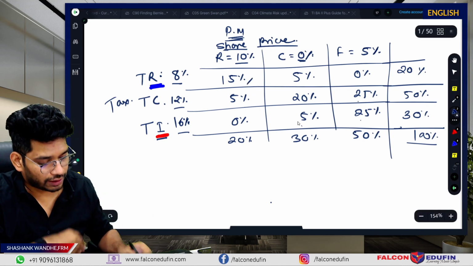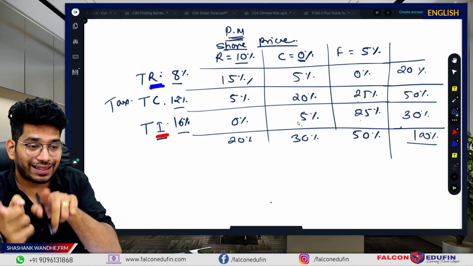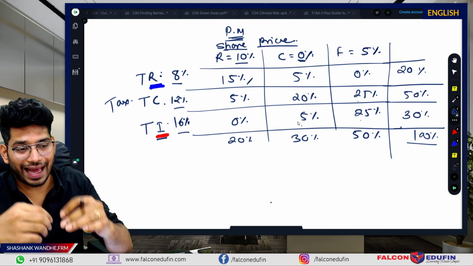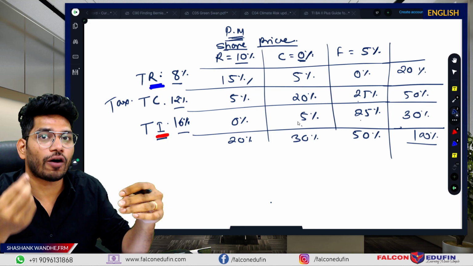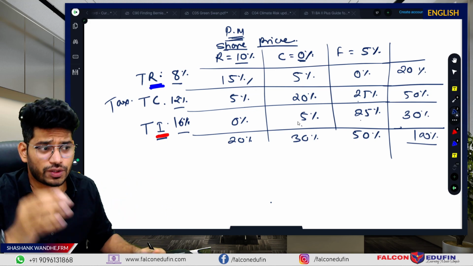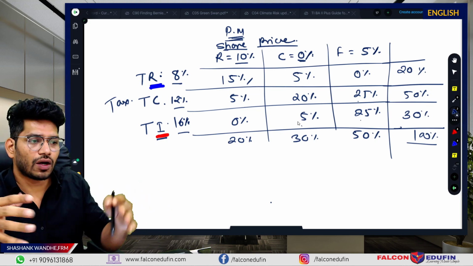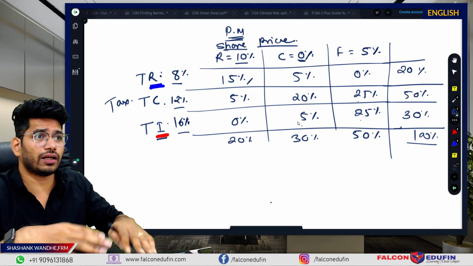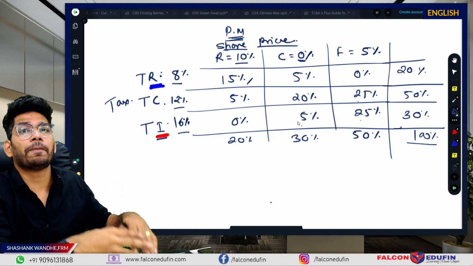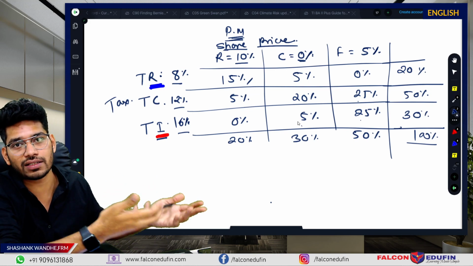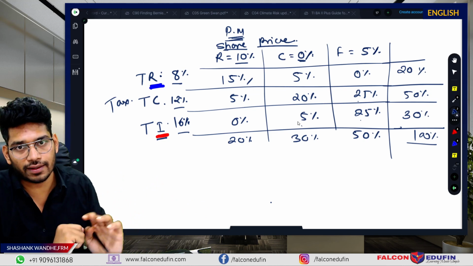This 15% indicates the probability of tax reduction. So tax is reduced and the share price will rise. This is very obvious. If the taxes are reduced, then automatically the share price should increase because the company will get the benefit of those tax reductions. Automatically, if the taxes are reduced, then the prices might get lowered. If prices are lowered, then it might impact the sales, and increased sales will result in additional profit, and based on that the share price is expected to rise. That's the simple theory here.